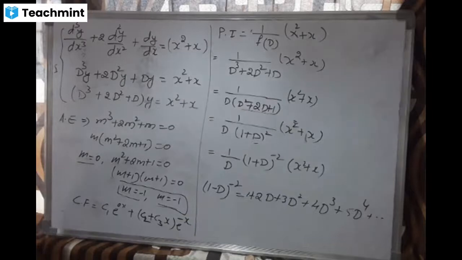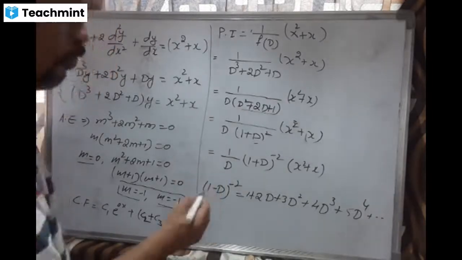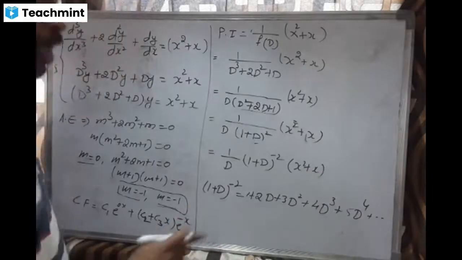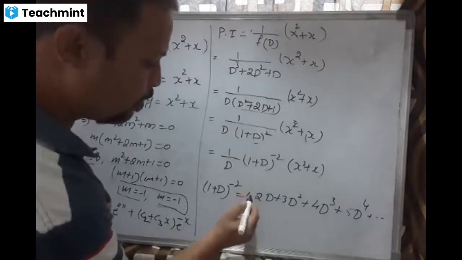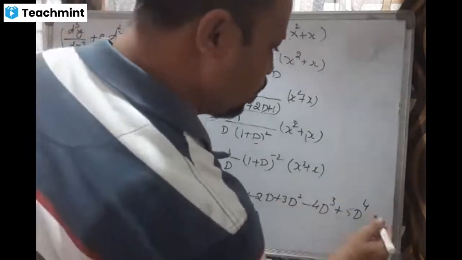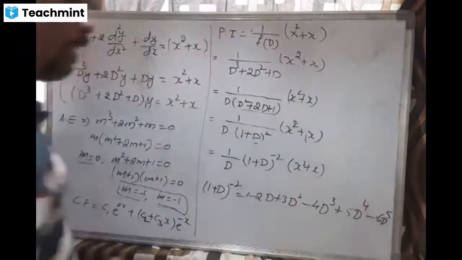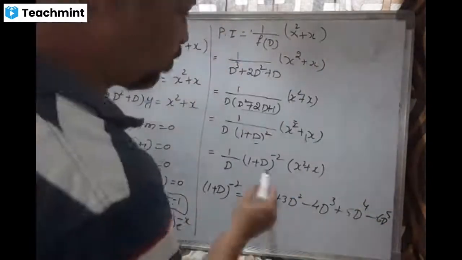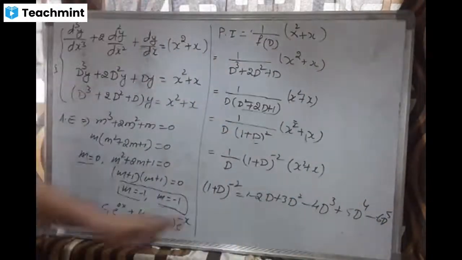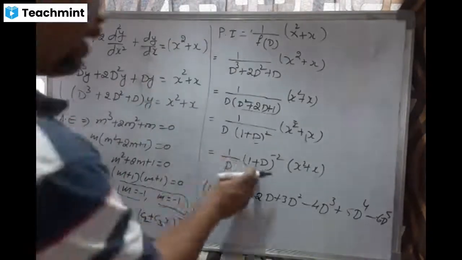Now, what do we have to do in the next step? This is for minus. If you have positive over here, then you have to make it plus, minus, positive, negative, positive, negative, 6d to the power of 5. It will go like this. Okay, this is the formula for this one. If you want, you can write this down now. And now I will write that formula, so I will substitute this over here.